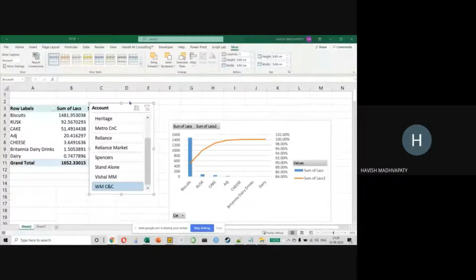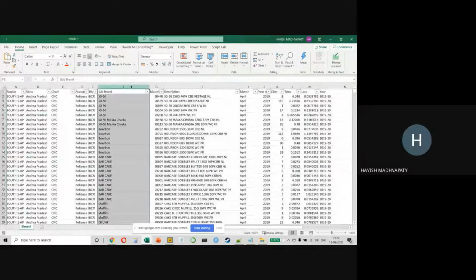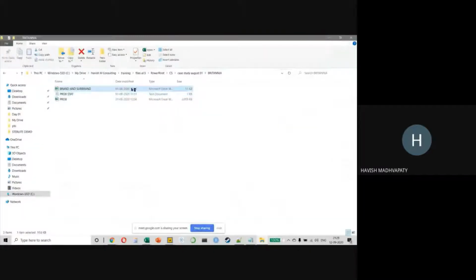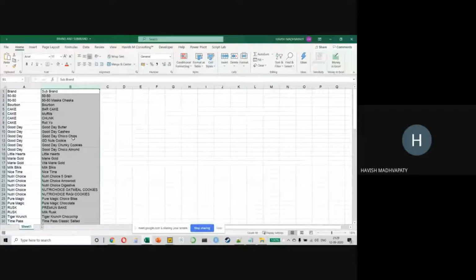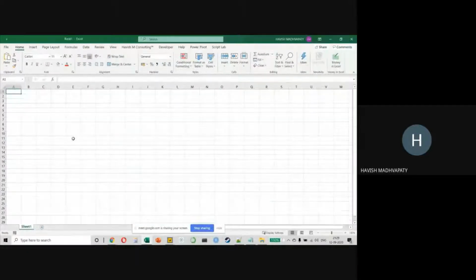Okay. Now, while we're on this, I also want to do one more example for you. Just give me a moment. The problem is that we only have the sub-brand, right? We don't have the brands with us. The brands have been written in a different Excel file, which is like this. This is the mapping of my brand and my sub-brand, correct? Watch this. So I'm going to do this from scratch and pay attention. First, I'll close both these files. I'll open a new Excel file right in front of you. I will click on Power Pivot.